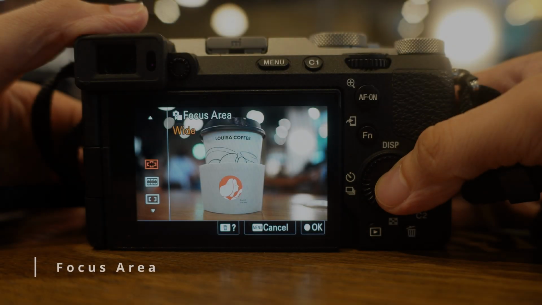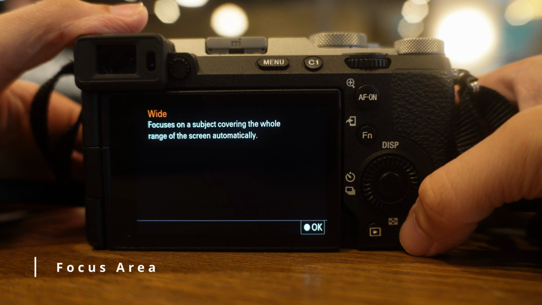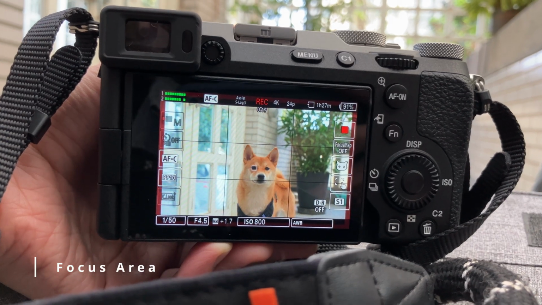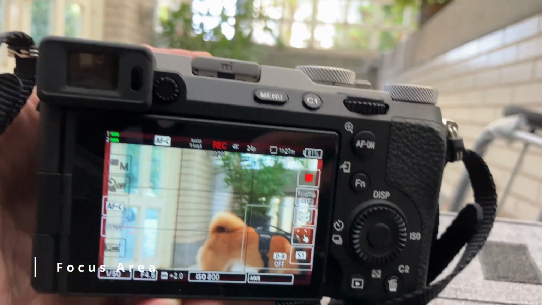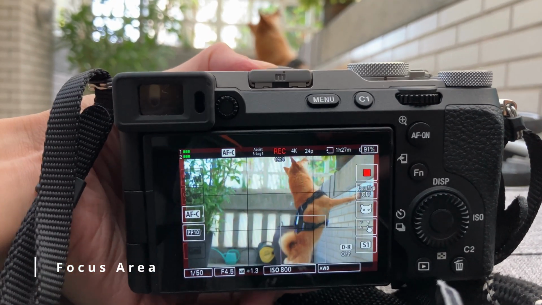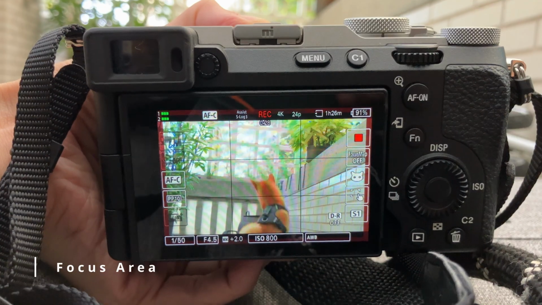The next one is focus area. I will only explain a few that I use most often. Wide is, as its name suggests, it will cover almost your entire monitor and it will pick up the subject automatically. If you are a beginner or if there's only one subject in the frame, then this is the way